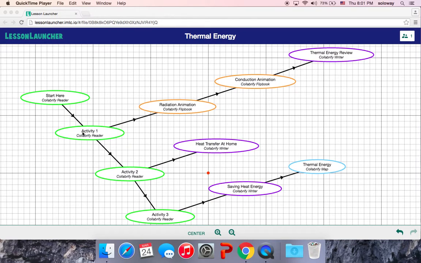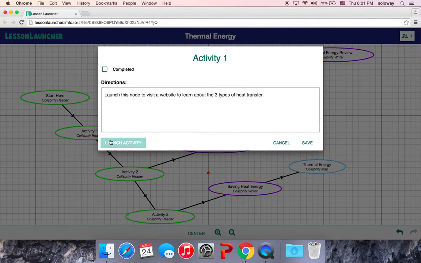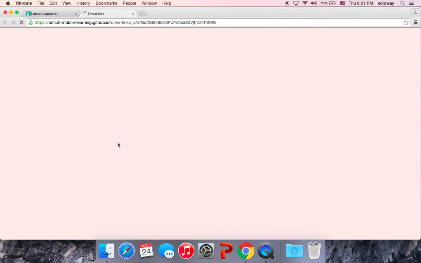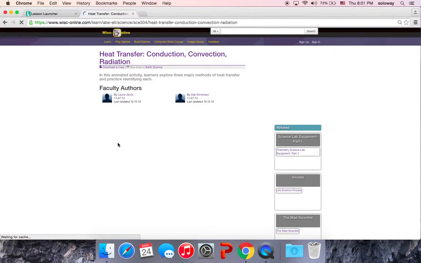So you see here where it says Activity 1, Collaborify Reader. Okay, so I'm going to read something. I clicked on that node, and it says, launch this node to visit a website. Okay, well, I'll launch that node. And it's going out over the internet now, and if there's a URL that we've given it, that we've put inside that node, and this is going to be